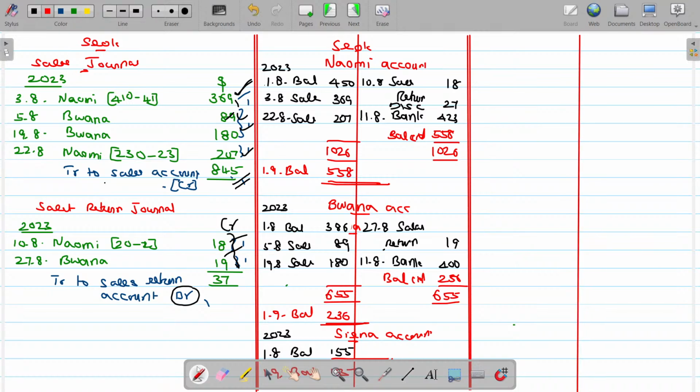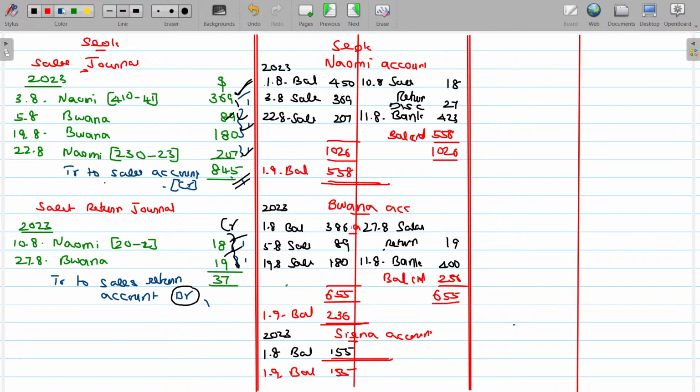So I am going to prepare the sales ledger control account in the books of SEOC. It's only the total, right? How should this be? Opening should be here, 1st August 2023, balance brought down. Whatever increases will be posted on the debit side, decreasing will be posted on